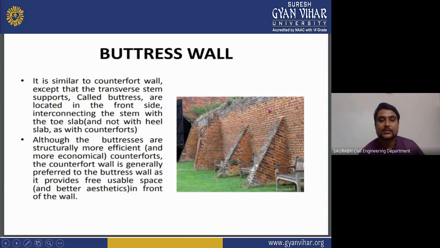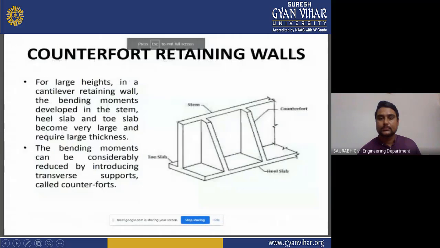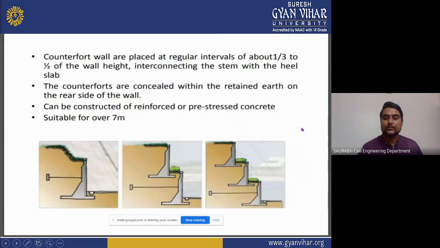As you can see, this is the image of a buttress wall, which can also prevent the soil which intends to come on this side. So this was all about the buttress retaining wall. Come to the next, which is